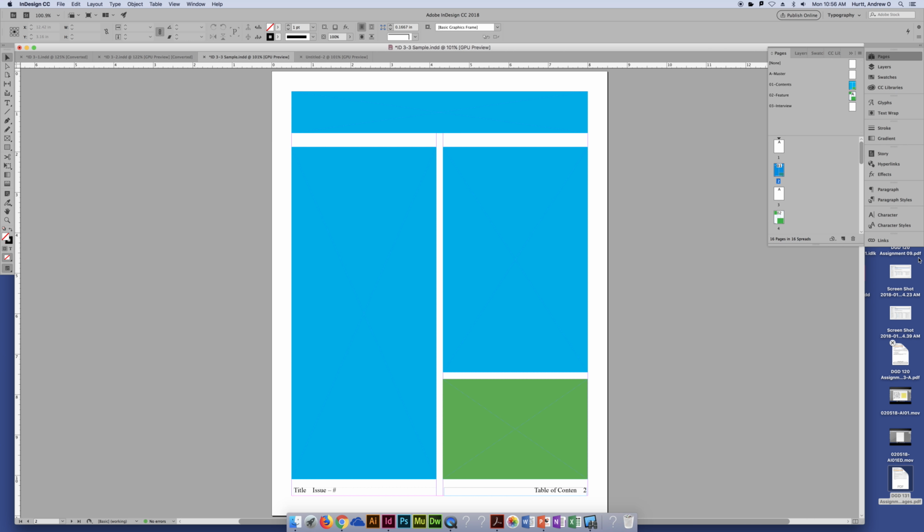So it's kind of similar to our paragraph and our character formatting. When you change that character or paragraph style, it automatically reflects that, and you're fine. It automatically reflects that within your document, so you don't have to go changing everything. So that can be super, super handy. You just have to remember that if you don't want any items on your page to change, like let's say we made changes,